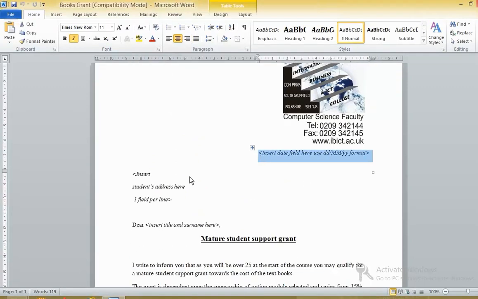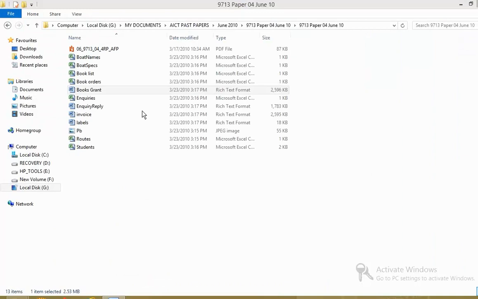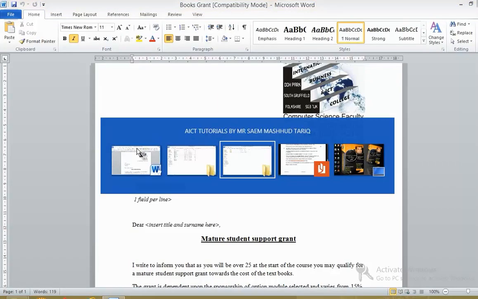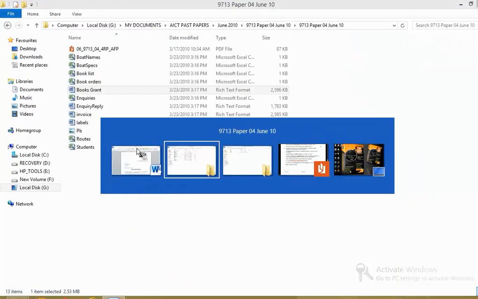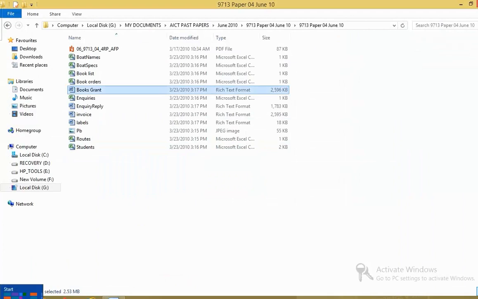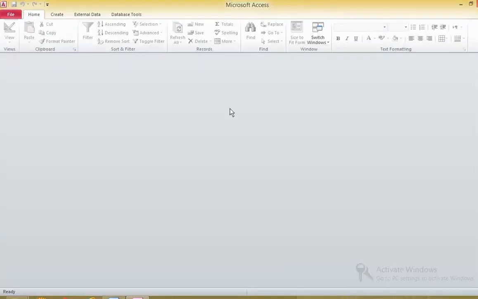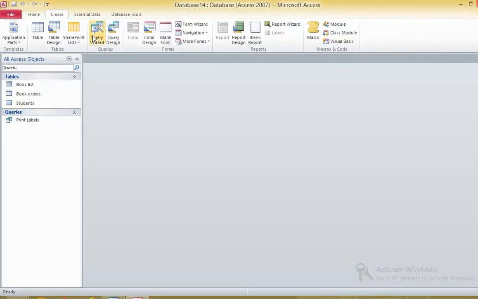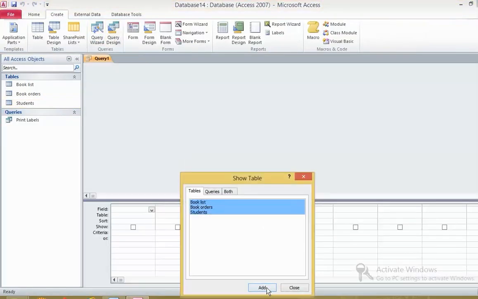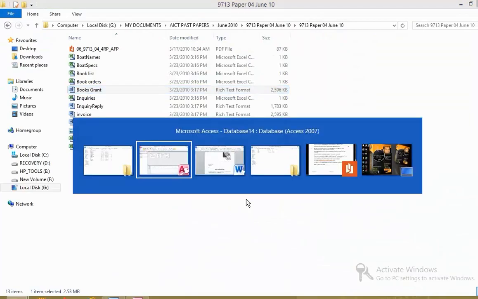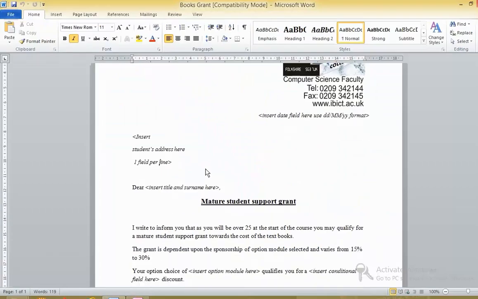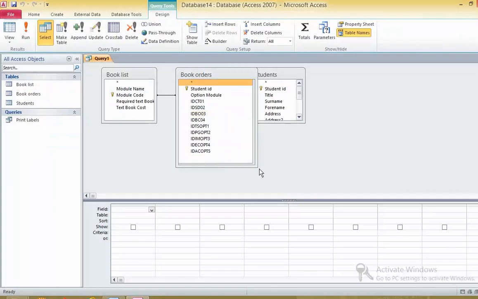These are the fields that are required. So first of all, what we do is, oops, I have to open up Access again because I did close it before. We need to create a query, and we need to add over here the student's address per line,